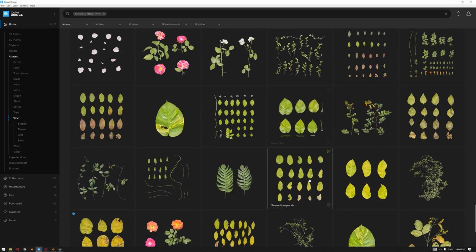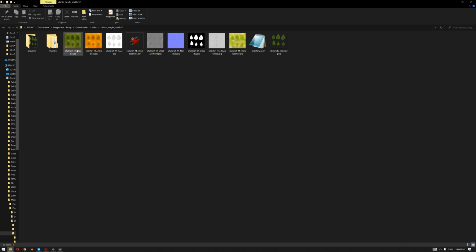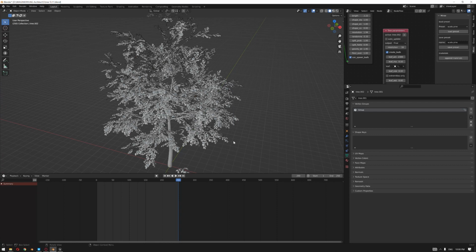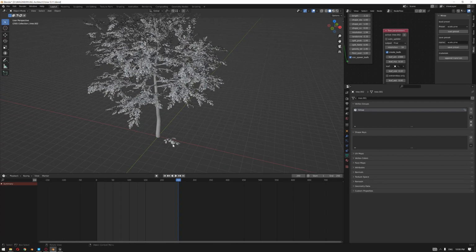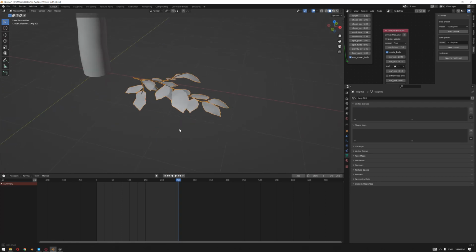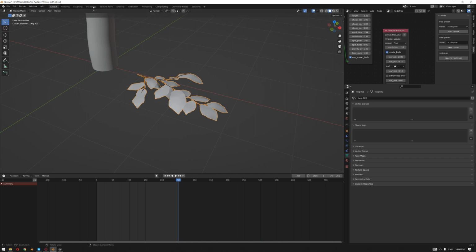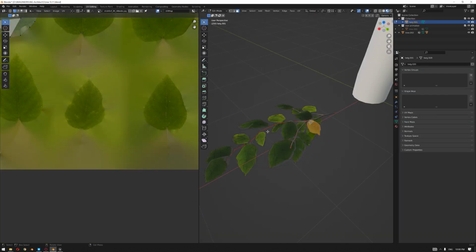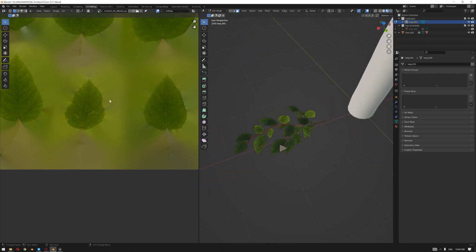Each one of them has a diffuse or albedo, ambient occlusion, opacity, and normal. They are all there. So all you need to do is go inside Blender while you're modeling the tree, and then use these textures, assigning them using the UV editing on top of these leaves.